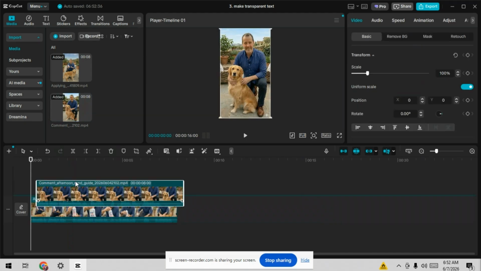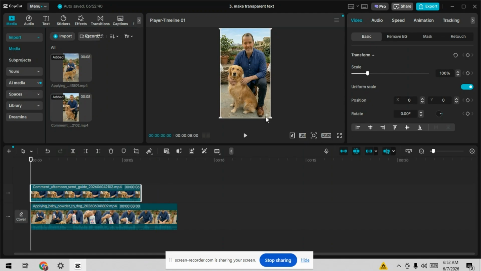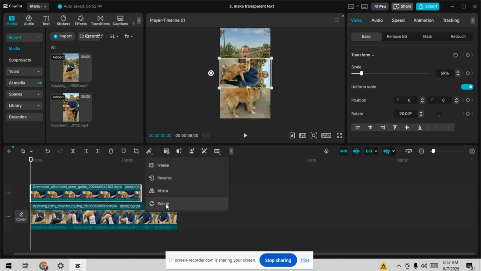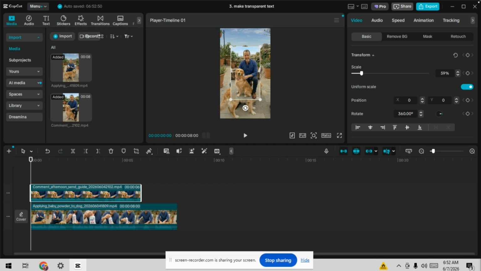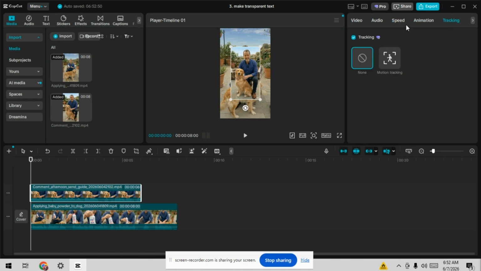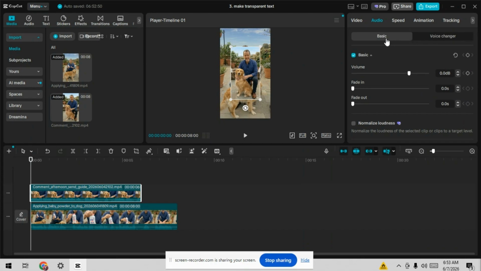Once it's placed, click the overlay clip and use the preview window to resize it, reposition it, and rotate it depending on your style. If you want a more cinematic look, go to the right panel and adjust the opacity so the background slightly shows through, and you can also use blend modes to create different visual effects like screen